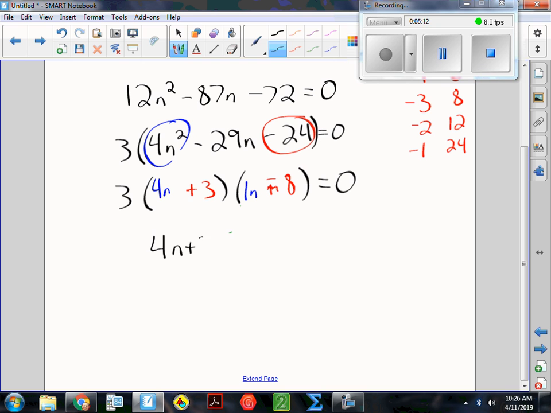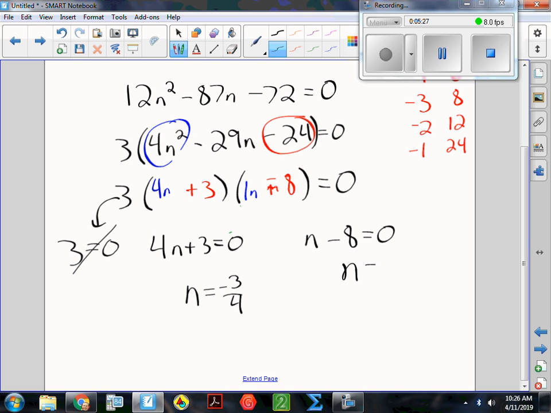So 4n plus 3 equals 0. N minus 8 equals 0. You can set each factor equal to 0, but 3 equals 0 doesn't make sense, so we ignore it. So n equals negative 3, and then divide by 4. Subtract 3, divide by 4. N equals positive 8, because we add 8 to both sides. So that one took a little bit of time, and sometimes they